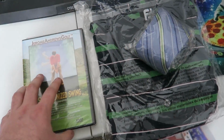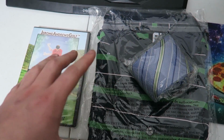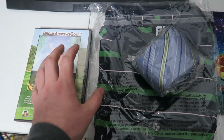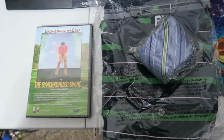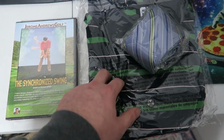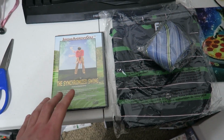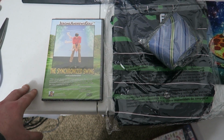So not horrible sales, not great sales, but I didn't spend a lot of money here. I'm in this whole lot for about 4, 5, 6, 7, just under $8. Actually, this was $4, so 4, 5, 6, 7, $8. So not too shabby. So let's package this stuff, get it dropped off at the post office, and we gotta